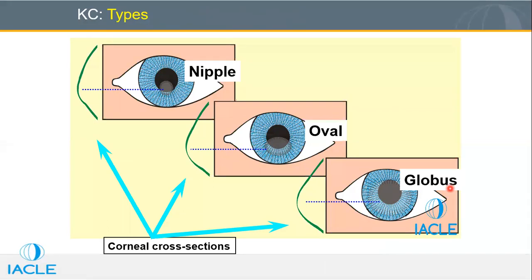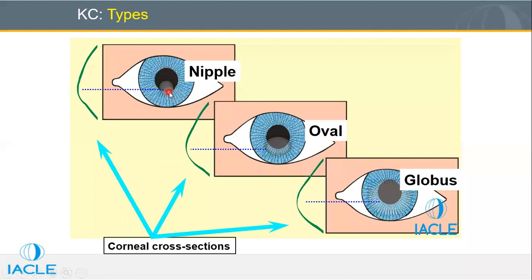As I was discussing, one of the hallmarks of keratoconus is that you will see a cone. There are broadly three kinds of cones that have been discussed in the literature. The first one is the nipple cone or central cone, then you have an oval cone, and then the globus cone. If you see this picture very carefully, in the nipple cone or central cone, the cone would be in the central 2 mm diameter. Usually the cone would be anywhere in the central 2 mm diameter,